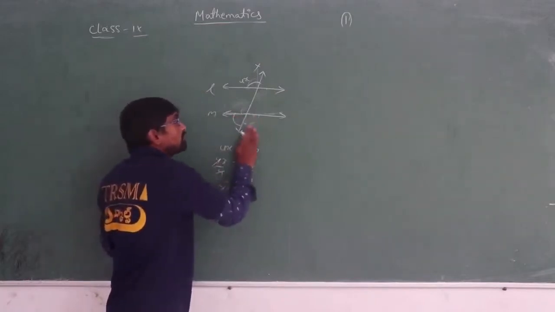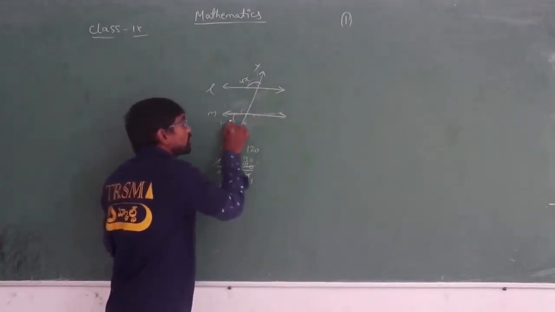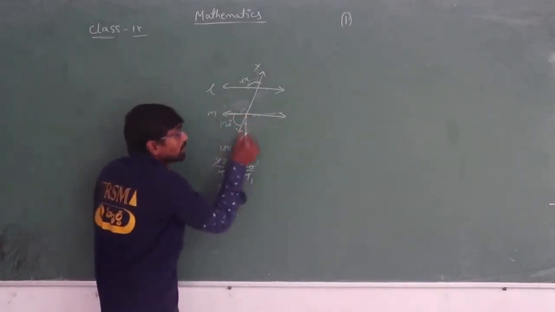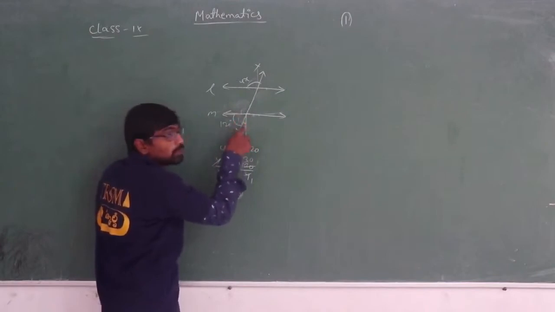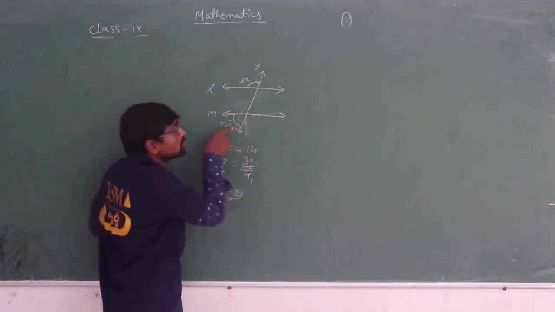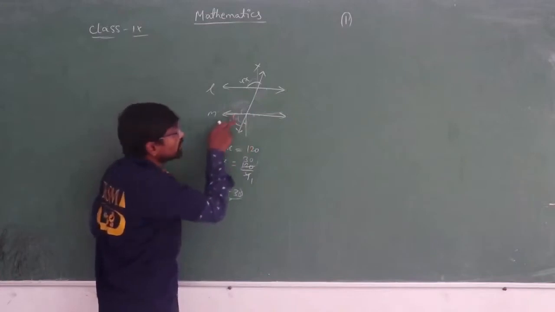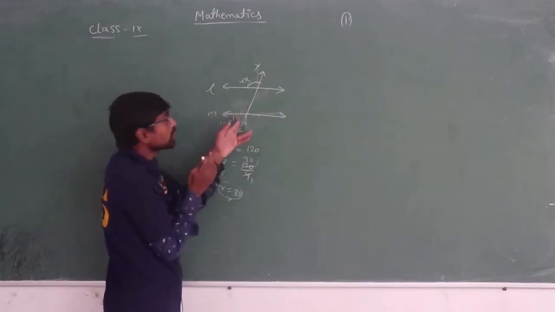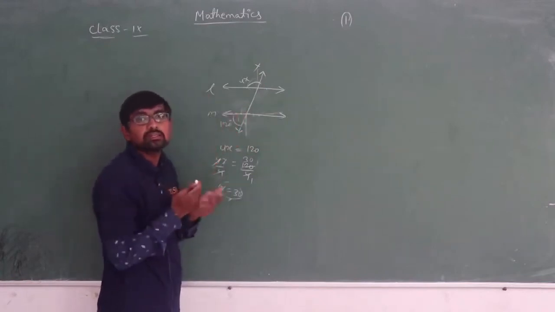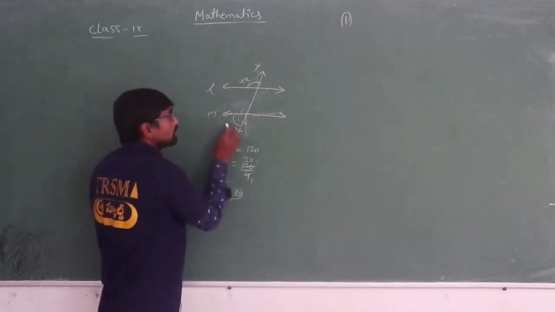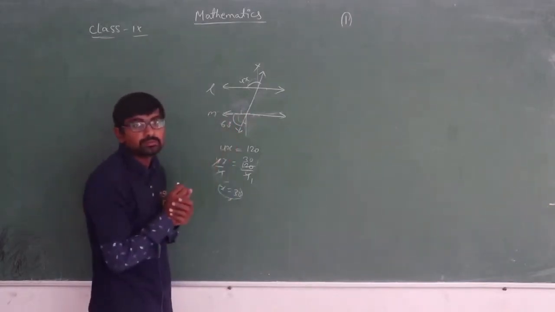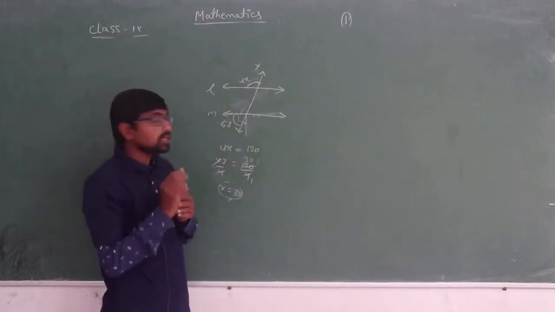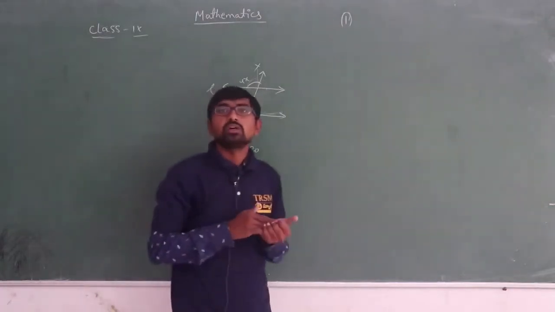Now, instead of taking 120 here, if I take 120 here, is it possible? No, it is not possible. Why? The perpendicular is here. The total angle from here to the perpendicular is 90 degrees. Then how is it possible to take 120 degrees between this? It is an acute angle, less than 90 degrees. So how can I take 120 degrees? It is highly impossible, isn't it? If I take 60 degrees, it is possible, because 120 minus 60 is 60. So like that you have to remember when you are forming the question.